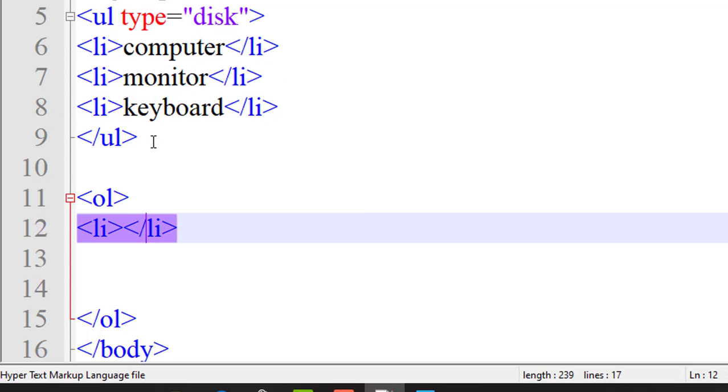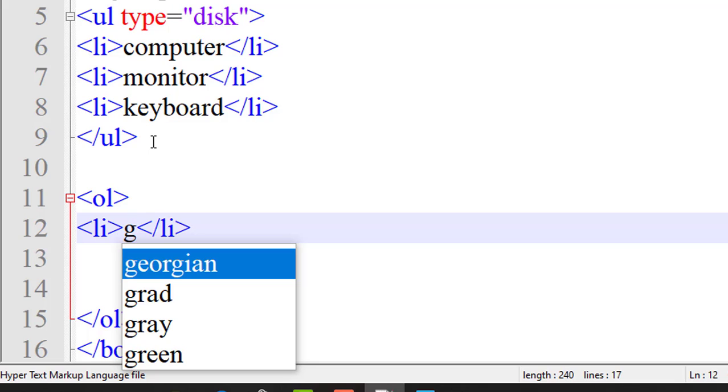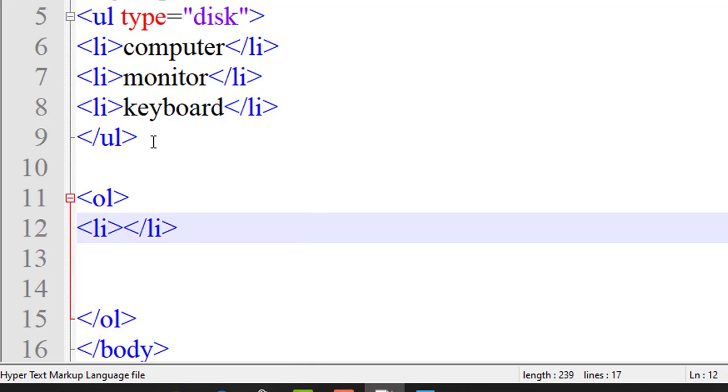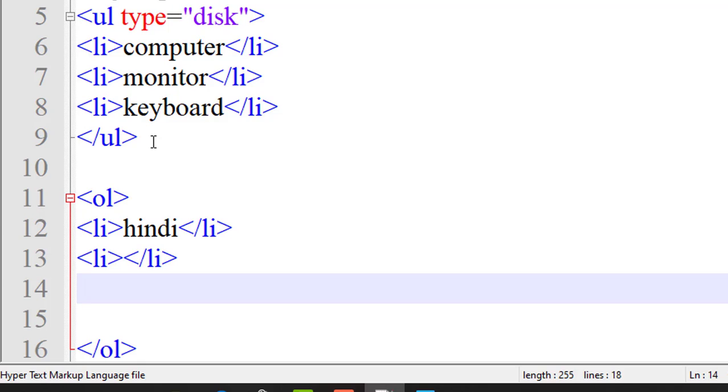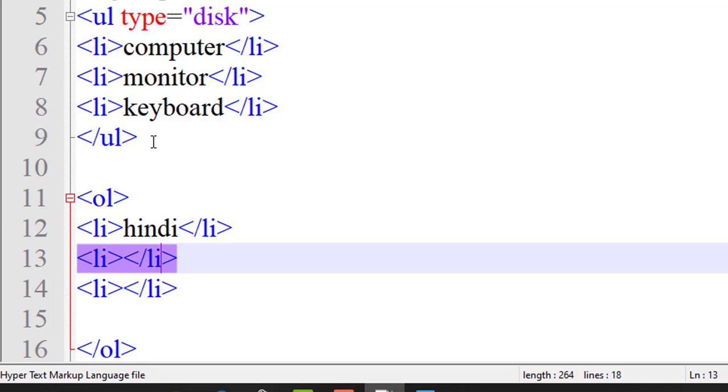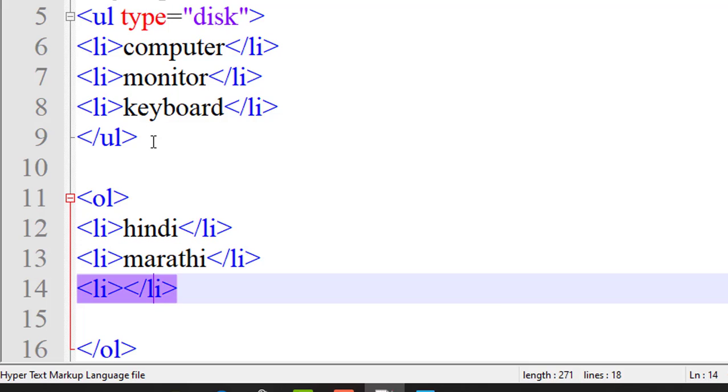In the list, I will write Hindi, then Marathi, then English.